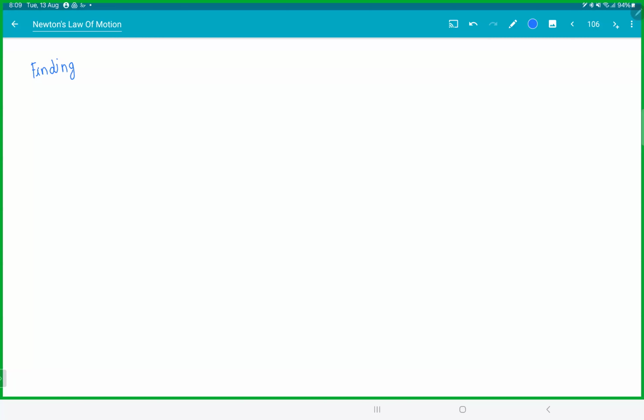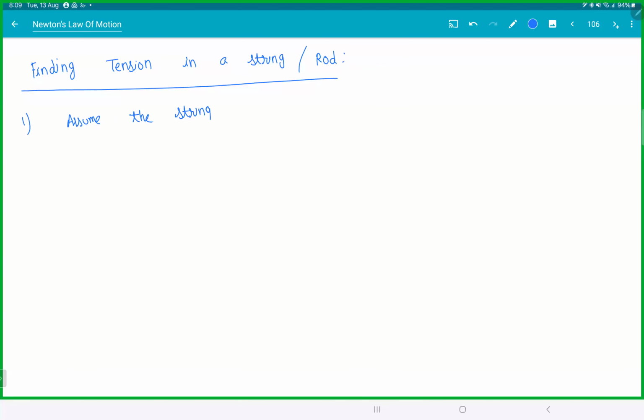This is quite important, right? Finding tension. This will come in at least 4 chapters. There are a few chapters where literally it is based on tension. If you know how to find tension, the chapter is over. So, finding tension in a string or a rod. Step 1. Assume the string is cut at the point where tension has to be calculated. So wherever you want to find tension, assume it is cut there and try to draw an FBD, where tension